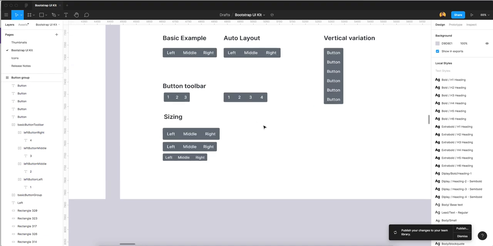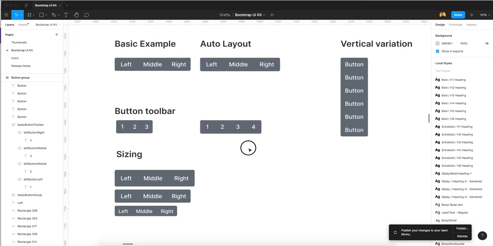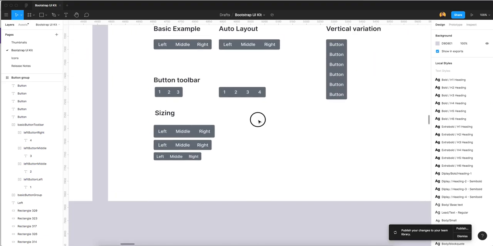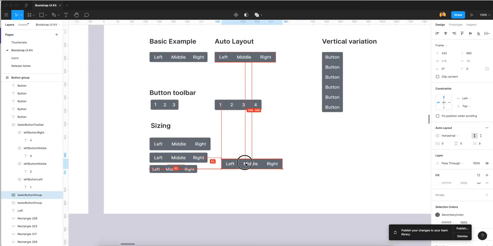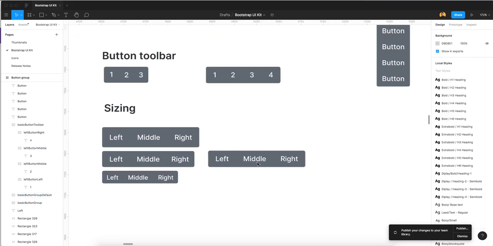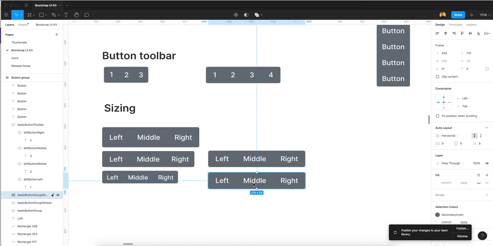Again I am creating auto layout in button group with sizing. How to work with sizing? For button group size, I duplicate it and compare with our basic layout. These are our default, so I duplicate and give it the name default space. Now I duplicate this and name it small.